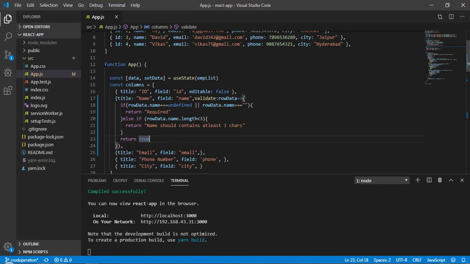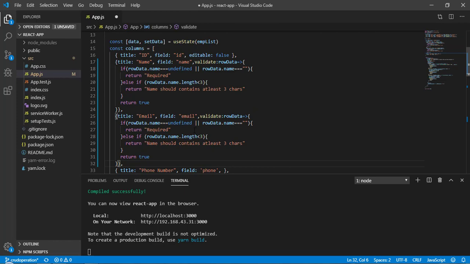Now let's copy the same and paste it to the email here. Right now we have to change this name to email. Here we don't have to verify with the length. For this, we will verify with another method, and we will check for @ and dot.